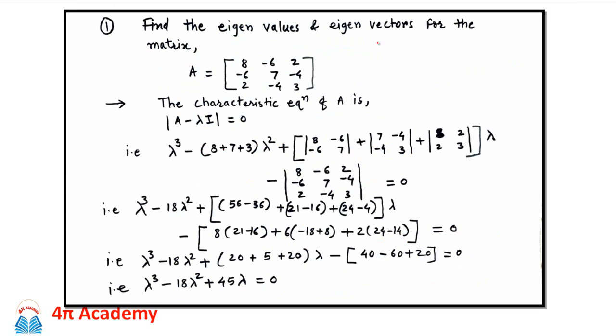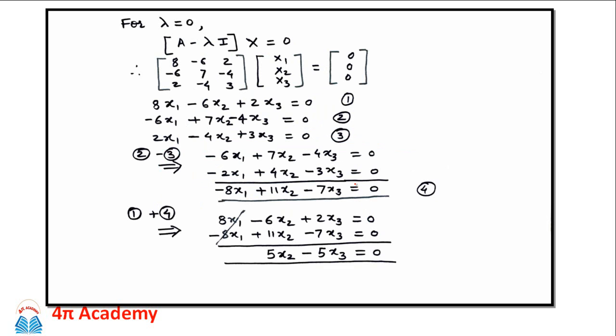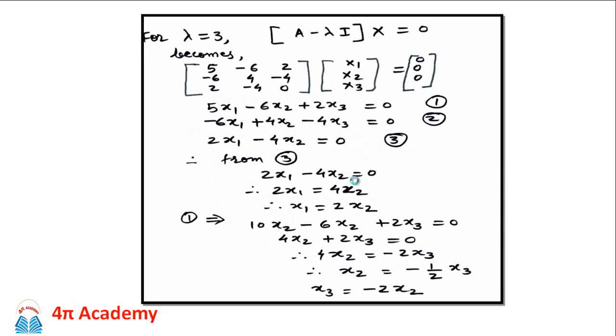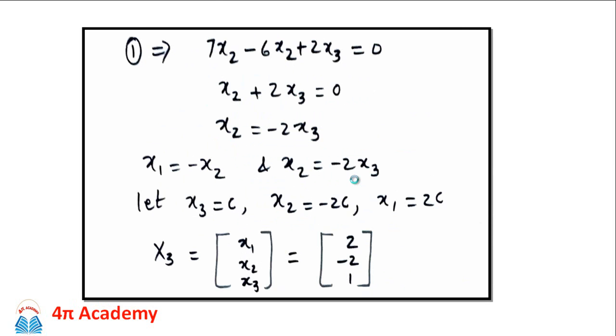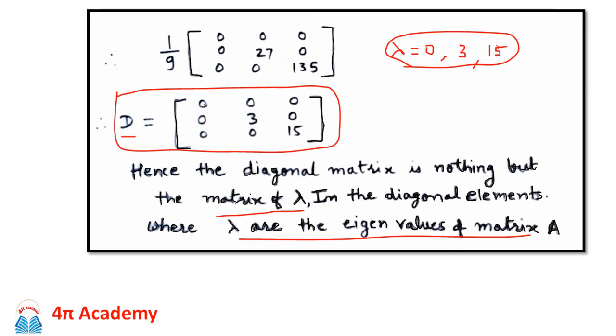We have taken the problem in which we have already found the eigenvalues of the matrix. Then from that we calculated the eigenvectors. Then we grouped these eigenvectors into a matrix to form the modal matrix. Then we found the P inverse of this modal matrix, and in order to diagonalize the matrix we take the product P inverse AP, and by solving this we get the diagonal matrix in which the elements on the principal diagonal are the eigenvalues and the rest of the elements are 0.